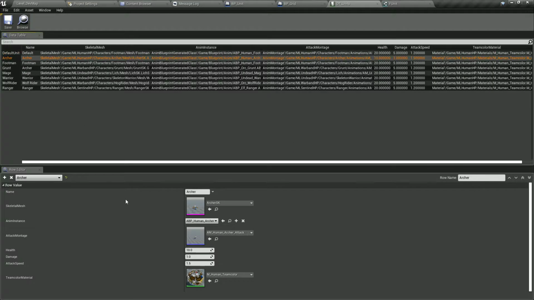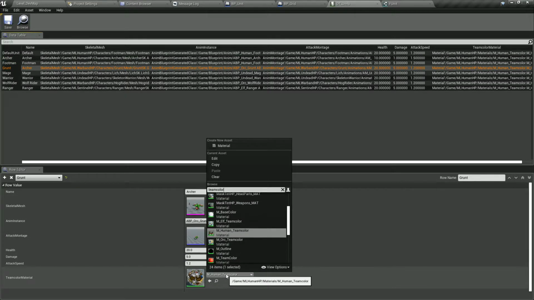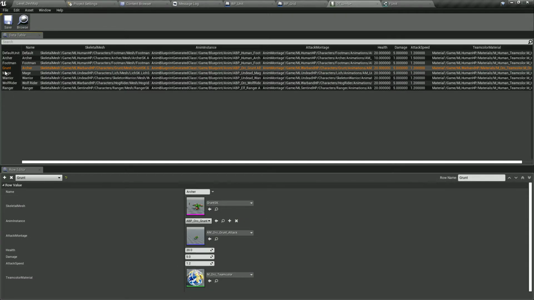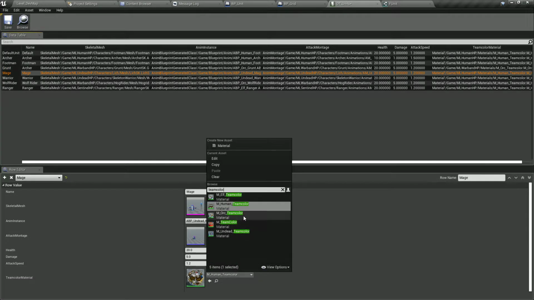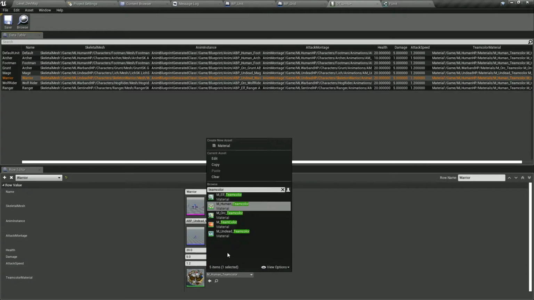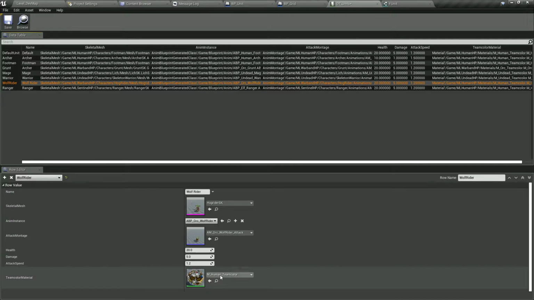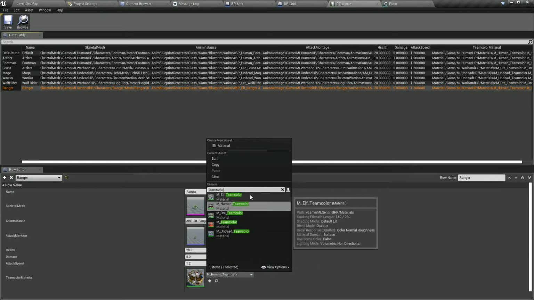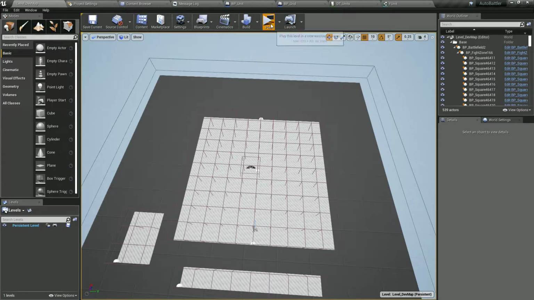Alright, so the archer is gonna use indeed the human team color, footman as well. This one is gonna use the orc team color. That one is gonna use the mage team color, the undead team color. The warrior, this is an undead. Wolf rider is an orc. Ranger is an elf. We're going to save, hit play,